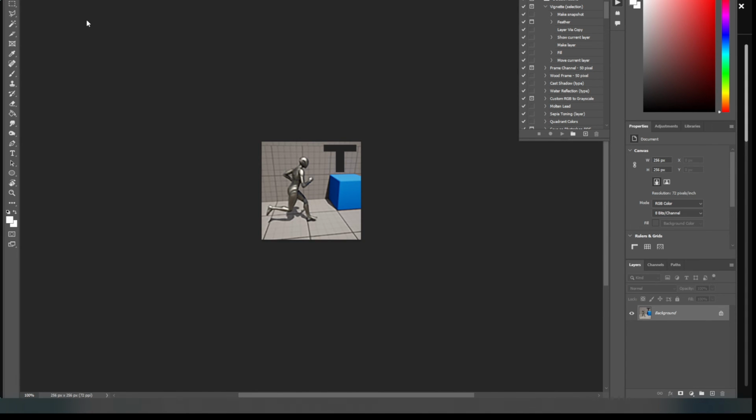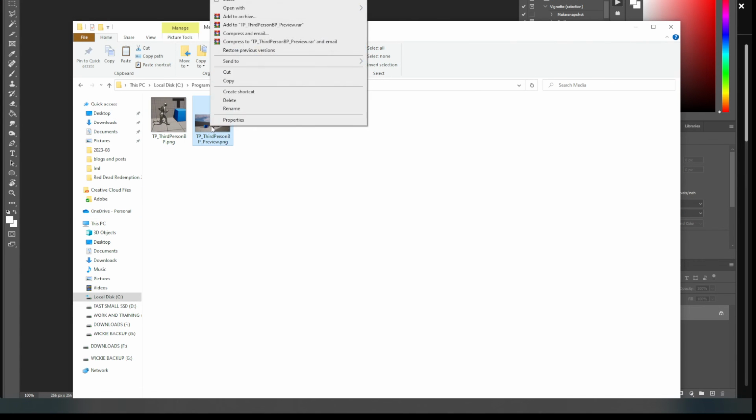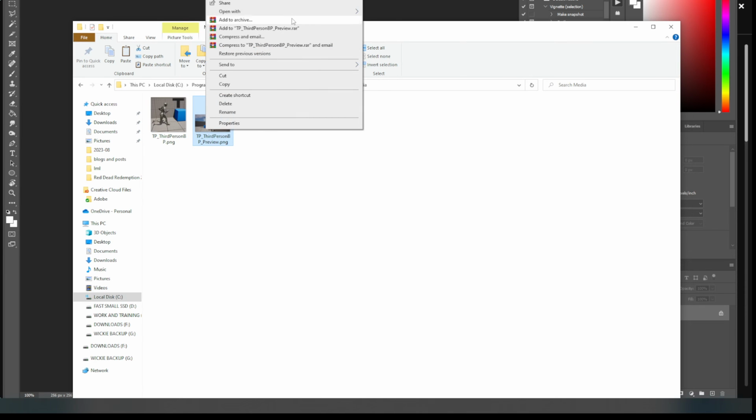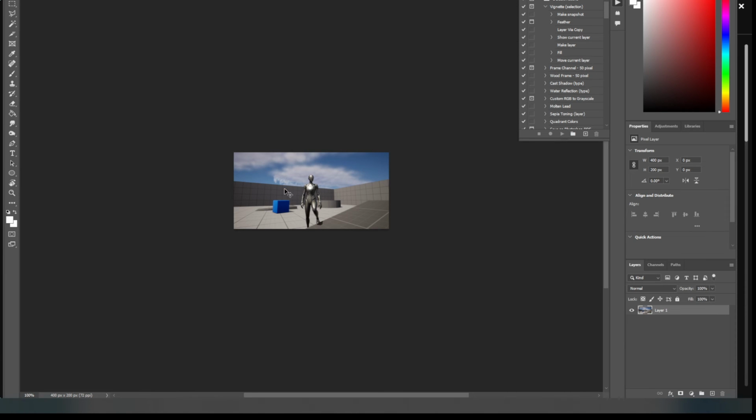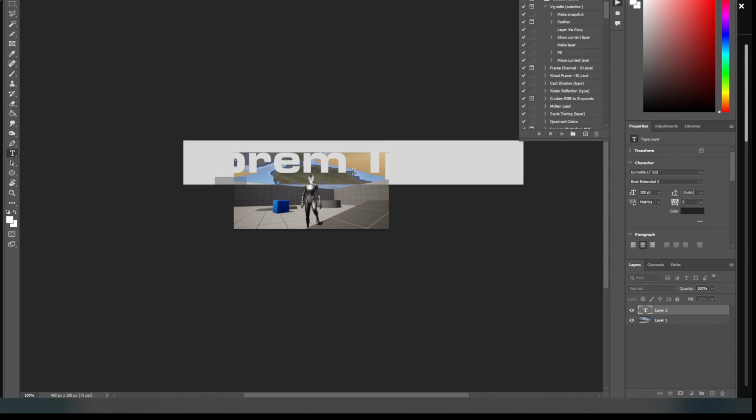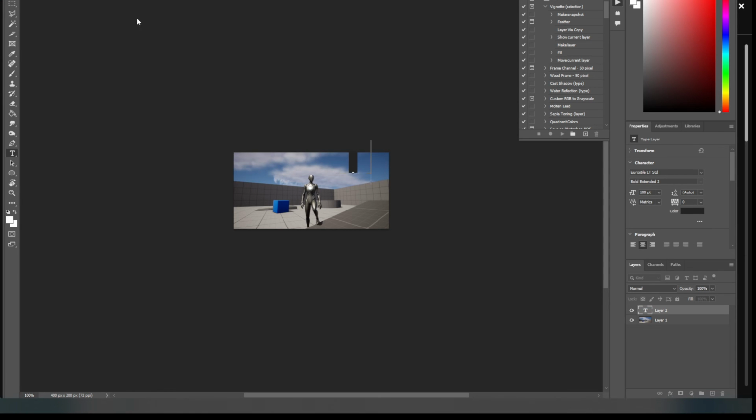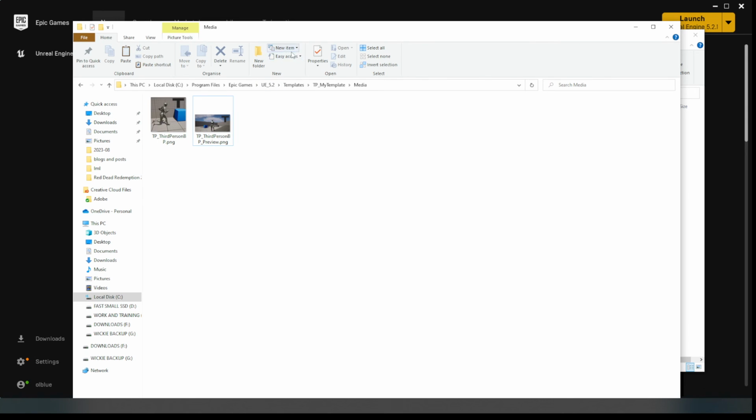And I'll do a Control S just to save it back. And then I'll do the same again with the other one. So you can see the T there. And I'll open this one in Photoshop. There we go. Same again. T. Okay, so this way we now have two little thumbnails to let us know that these are templates. Okay, and again I'll do a Control S just to save it. Done. Okay, so with these templates inside of here in TP My Template Media,